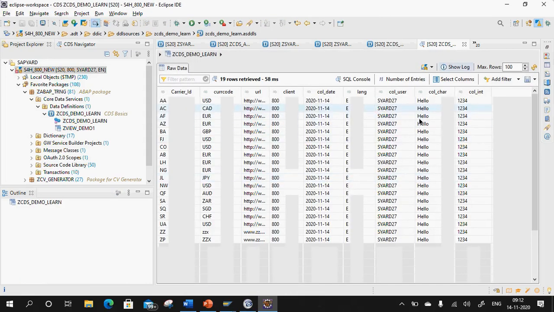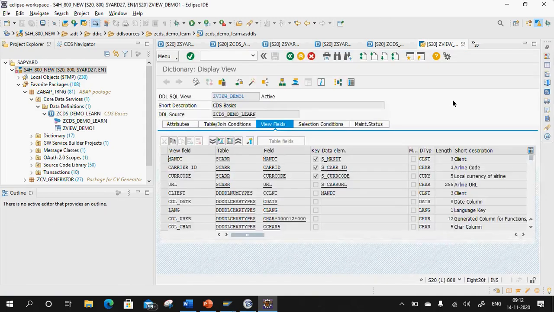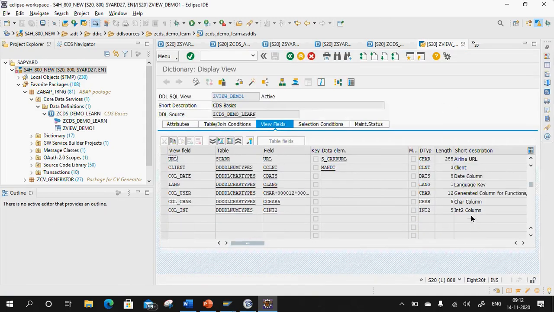Let me do an F8 on the same. Can you see this column char and column int? So now if I go to my SQL view of the same to check the data type of the same, the data type will be a char column and an integer column.